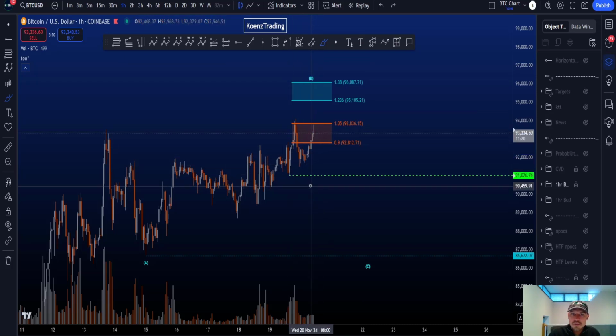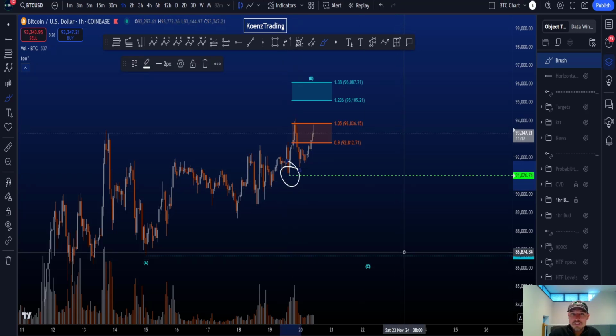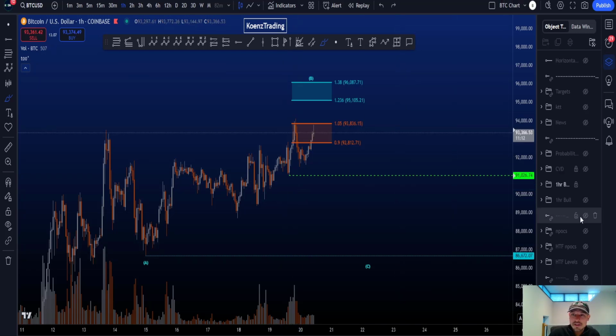In general, the probabilities for a flat structure will only really increase if price can start moving towards the downside, taking some of the lows, and especially this low here at 91k, as that is the hard invalidation for